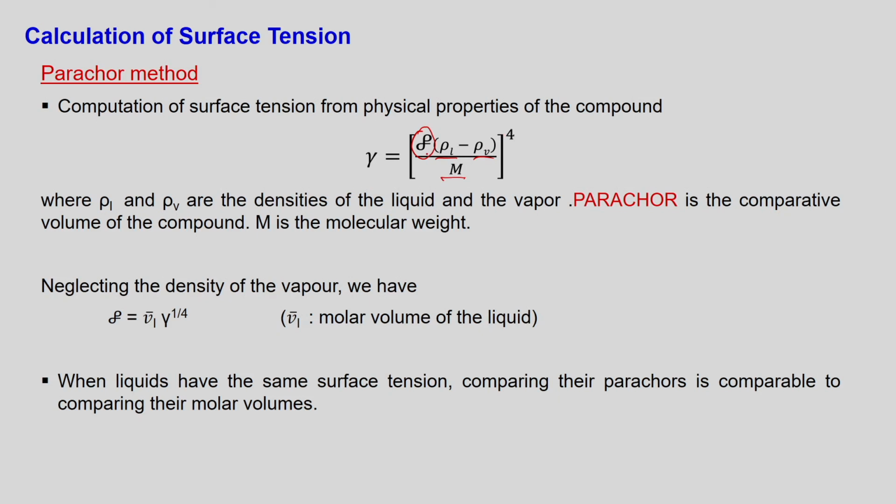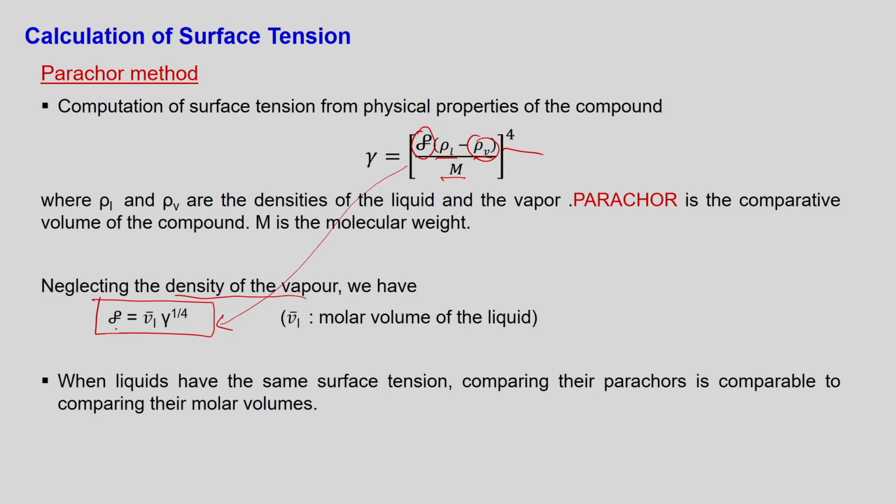Now, this Parachor volume, in the same book of Dr. Pallab Ghosh, which is called Interfacial Science, they have given the Parachor volume of various groups. So, this is given using this formula. So, I assume you neglect the density of the vapor phase. What you do is you assume the vapor phase density to be 0. Then this takes the form as given.